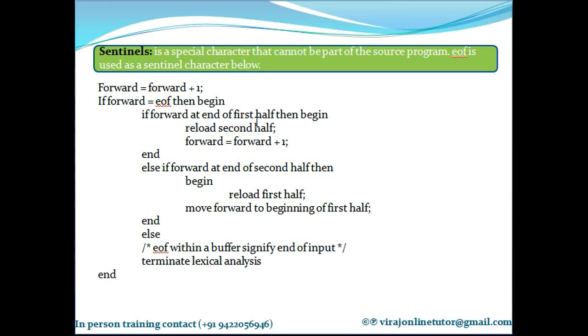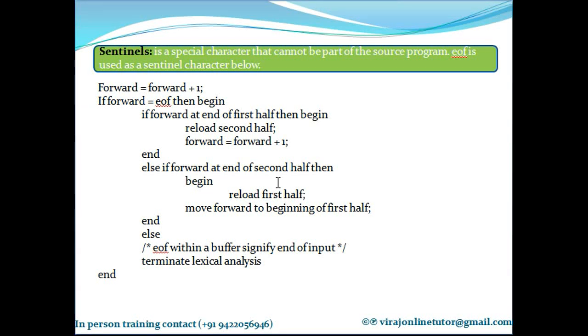If forward is pointing to the end of the first half, you load the second half of the buffer and increment the forward pointer, so that it points to the first character of the next buffer that we have just loaded. Else if forward is pointing to the end of the second half, that means the second half buffer processing is complete.